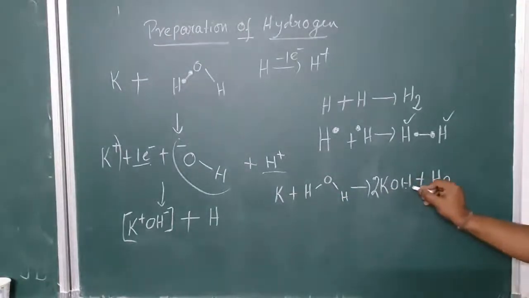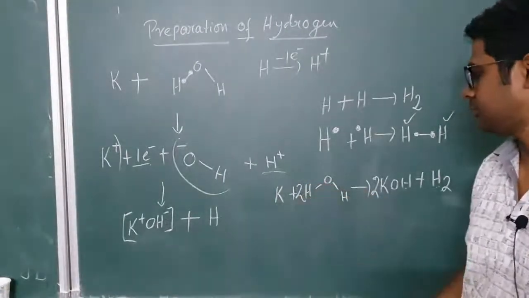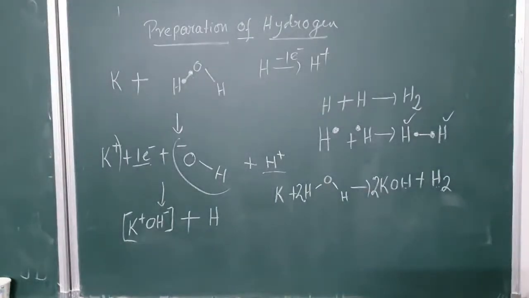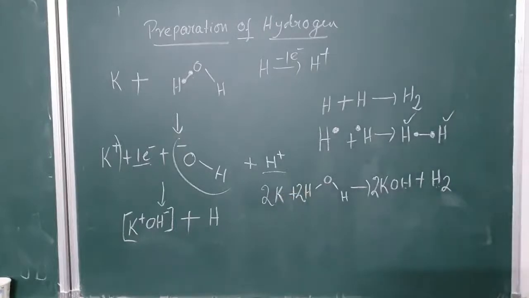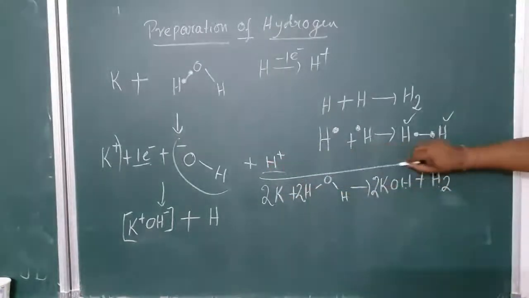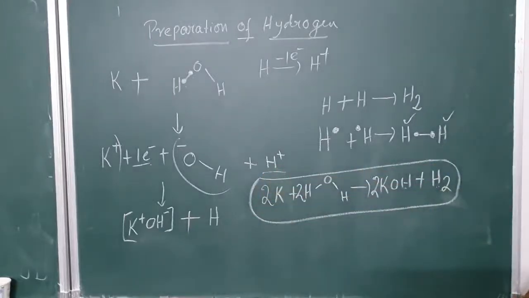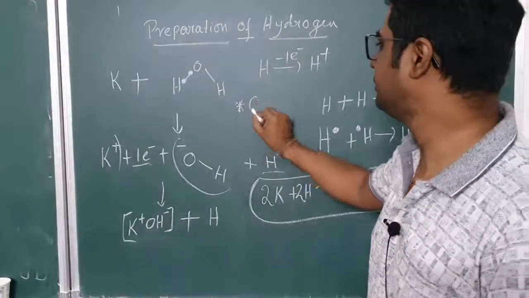So here we are having 4 hydrogens. Here we are having 2 hydrogens. So we will make 2 over here. You can write H2 also if you are not comfortable with HOH. 2 hydrogens. Oxygen is balanced. Potassium is not balanced. So this is the equation that is given in your book. This reaction happens with cold water. Please write down: happens with cold water.